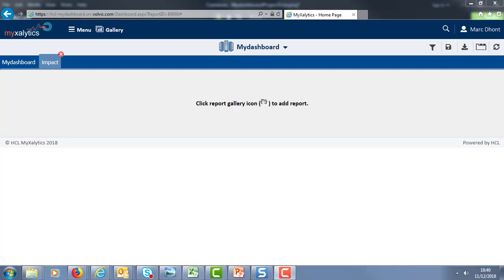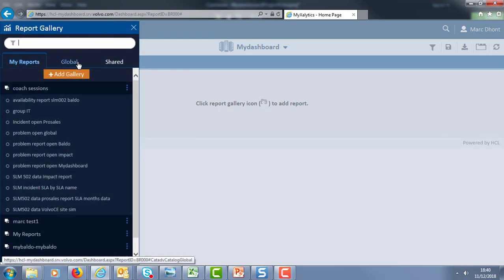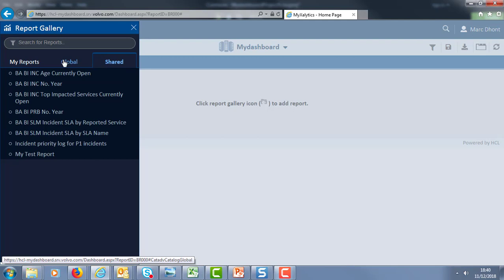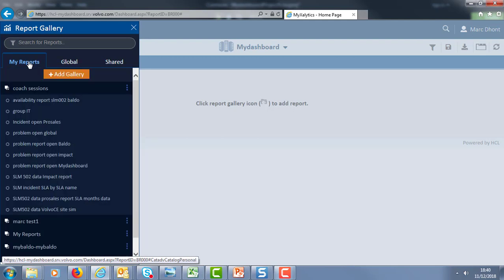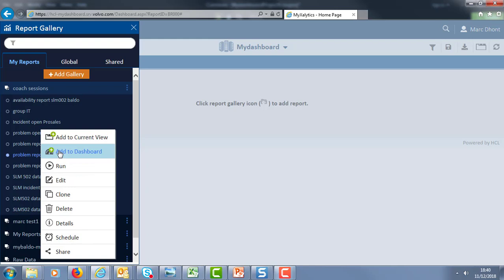In step 3, I can add the reports. I just go to the report gallery. I can add reports from the My Report tab, Global tab, or the Share tab. Today I'm going to add a report from the My Report tab, in this case, the problem report impact. I just hit Add to Dashboard,